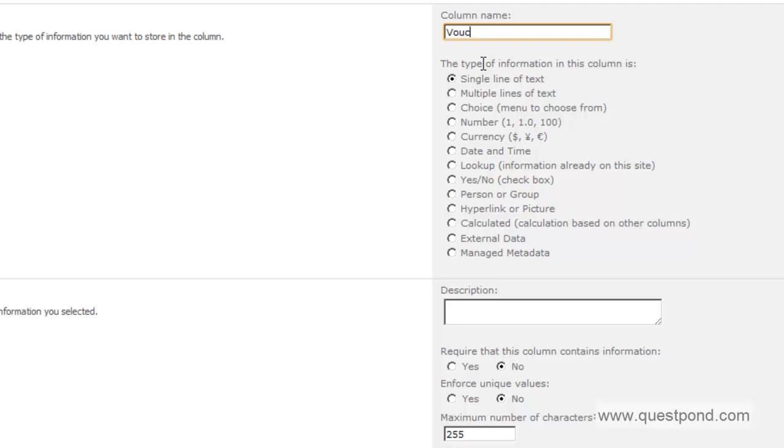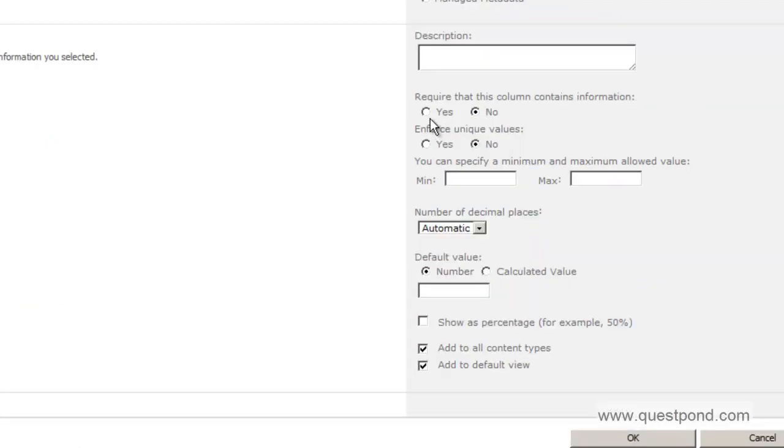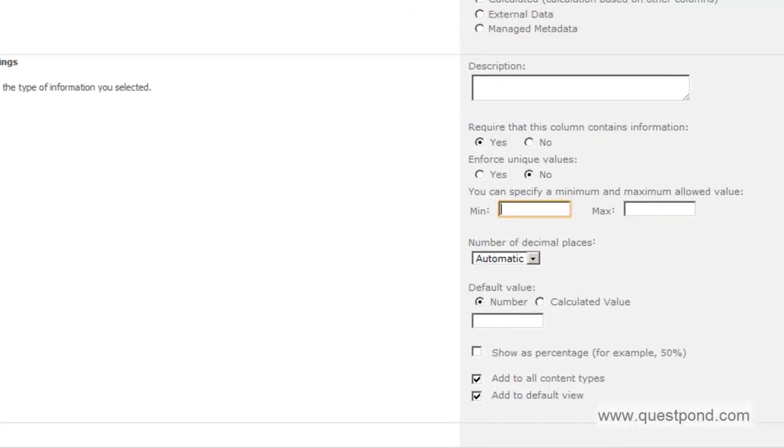So I'm going to say here voucher amount, and it's a number, and yes, it's a required column. There is no uniqueness, there's no minimum value as such. There is no maximum value as such, so probably I can leave these fields blank, and let's say okay.